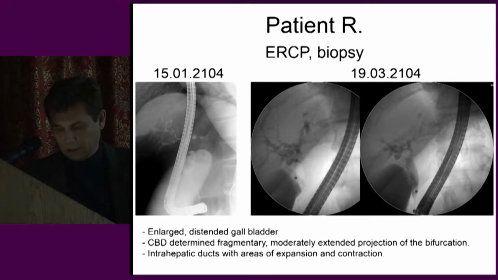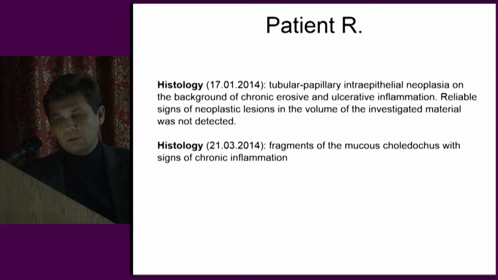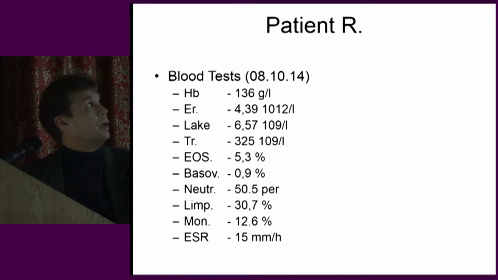under the X-ray control, the biopsy aspiration was performed from the same side, and you can see the histology results here that show tubular papillary intraepithelial neoplasia on the background of chronic erosive and ulcerative inflammation, and the signs of neoplastic lesions in the materials were not detected. The second histology was performed in 2 months, and you can see further on that the patient was